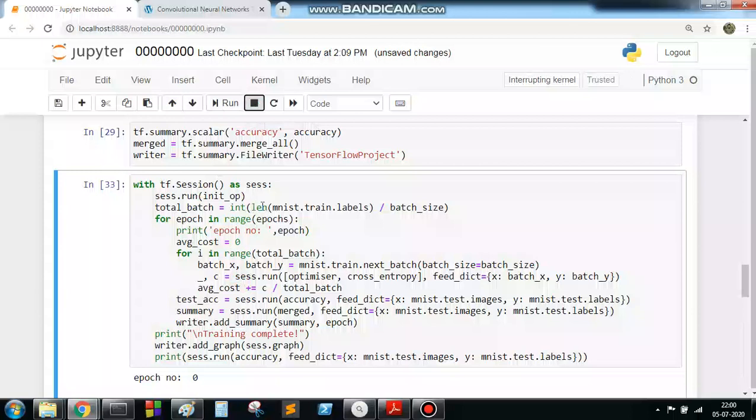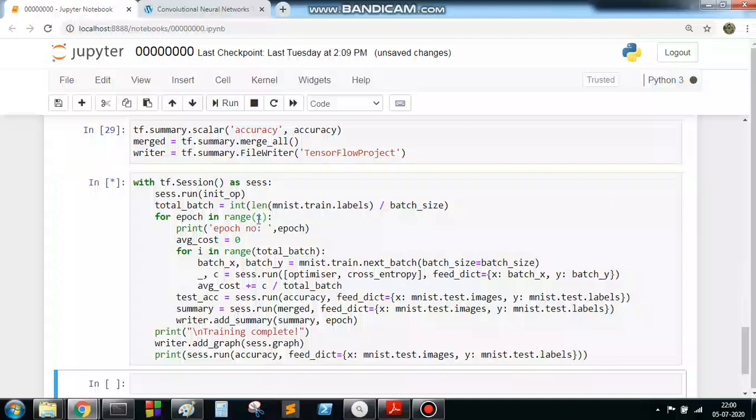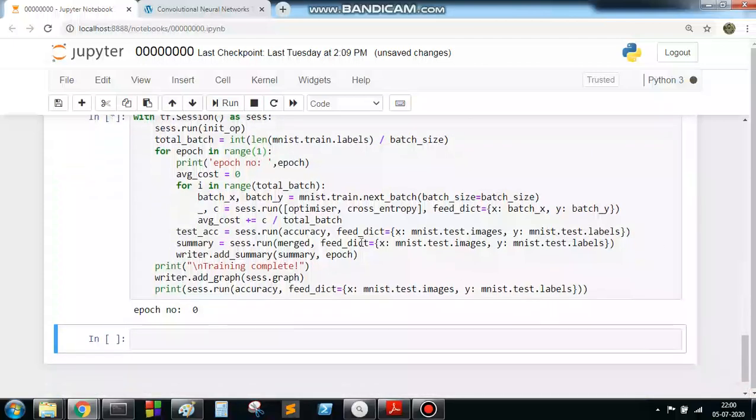So I am changing the epoch value to 1, so it will run only one time. The total batch is calculated by dividing the total data points by the batch size.